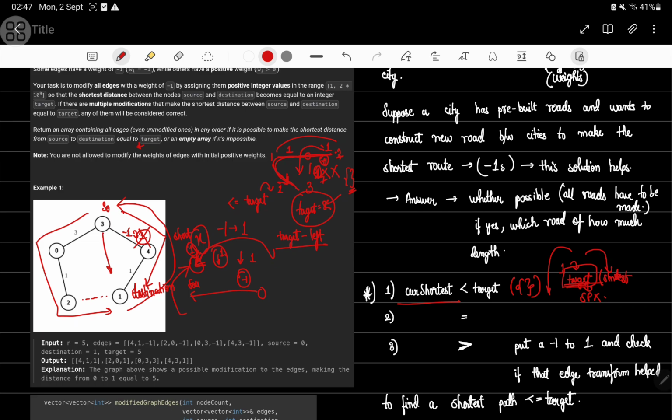Now the second thing is when the current shortest path is equal to the target. Suppose this was the shortest path in the whole graph, then we first check if it was less than the target. If it was less than target, we can just return an empty array. If it was equal to target,